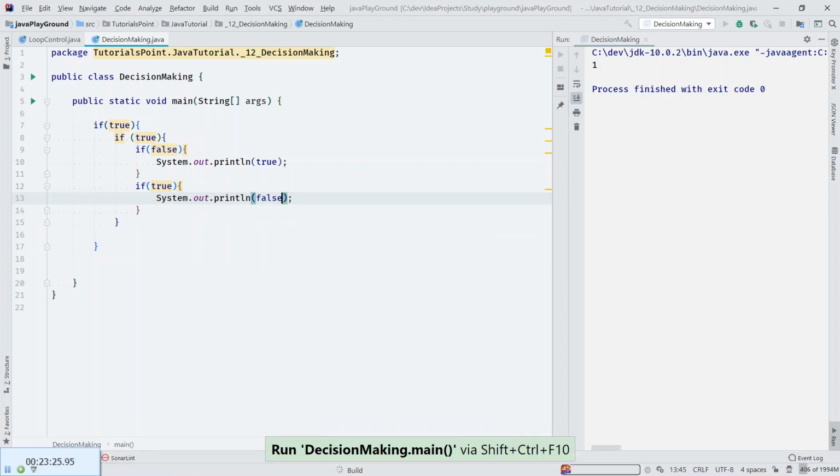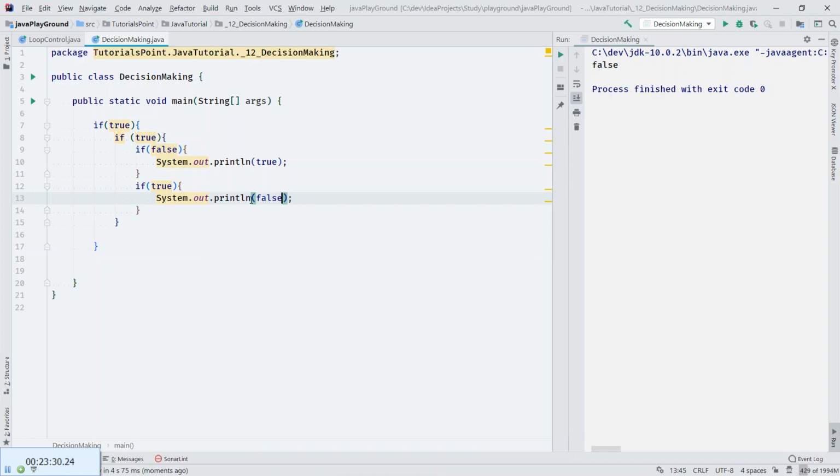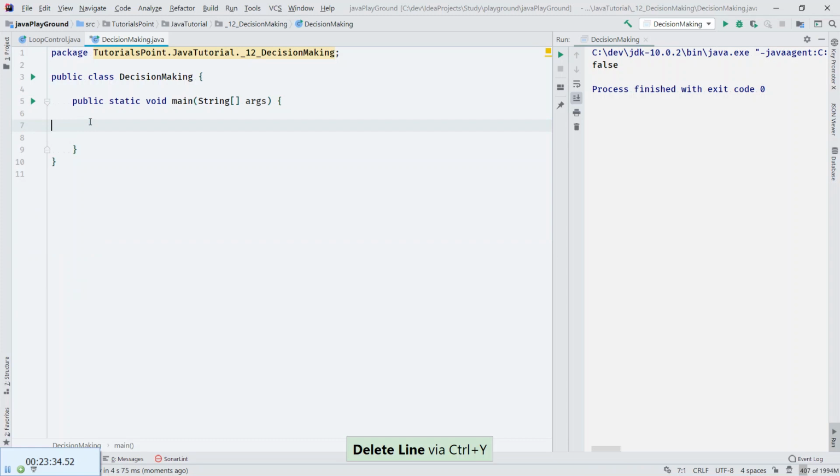When I run it, it will print false. Okay, so that is the nesting. And then we have the conditional operator. So let's have a boolean ball equal true.